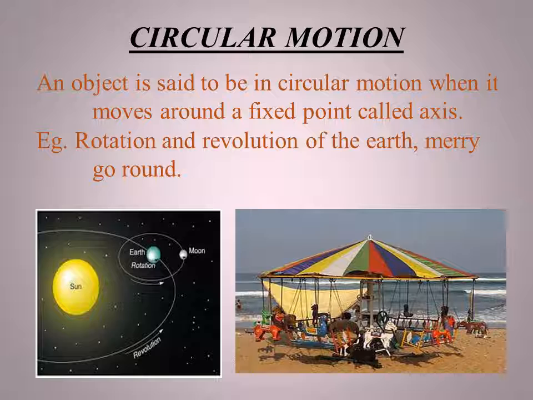The middle axis is fixed, and the children sitting on the big toys keep moving round and round, and that is a type of circular motion. So we have the rotation and revolution of the earth and the merry-go-round. Other examples are also there, but I have only given two examples for explanation. Then we will move to